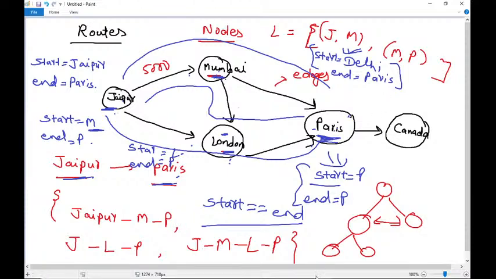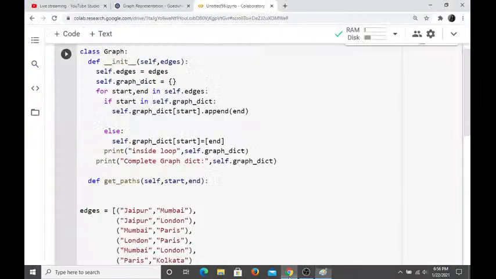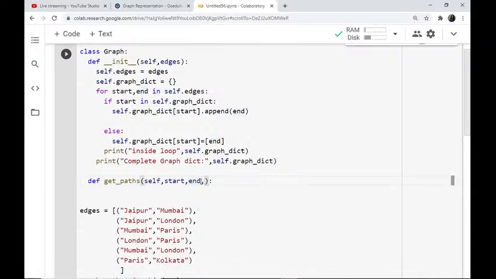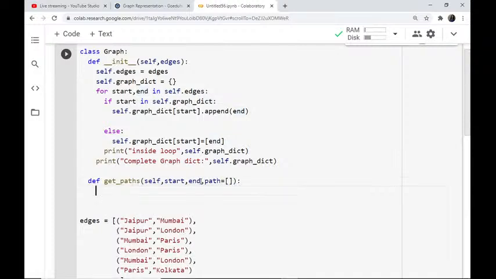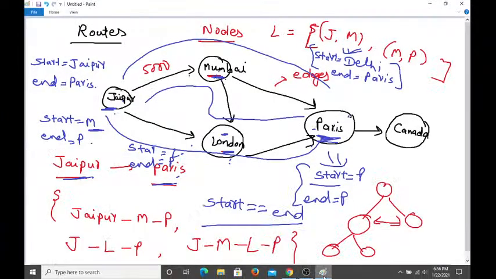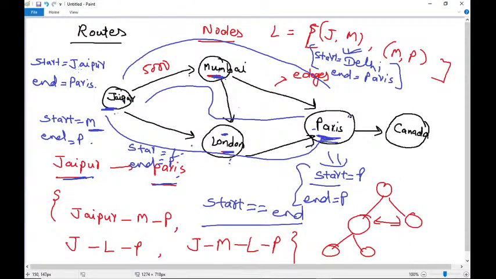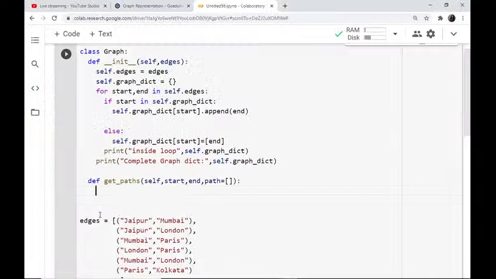Okay, so let me write the code here. I hope the concept is clear. Now I'll write the code. And one more thing, I have to pass the path here. Initially I'm taking path as empty. Why am I passing the path? I'll tell you. The path is what I just want to calculate. I just want to go from Jaipur to Paris. So in the path, the start point is Jaipur. Whatever the start point is, I have to add it to my path. So here I'm writing path equals to